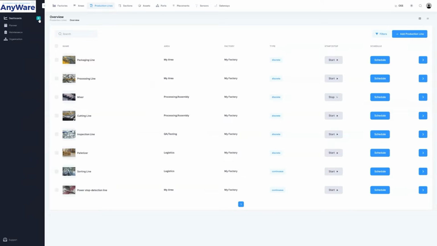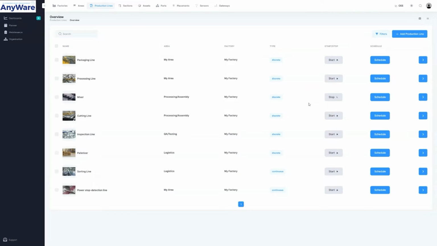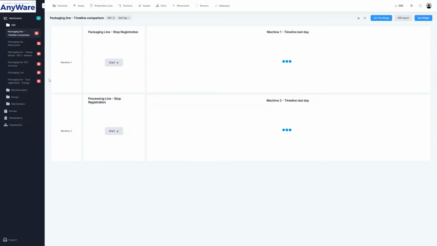Our dashboard empowers you to monitor the production process with precision. You have the flexibility to create as many dashboards as needed to cater to your specific requirements. Within these dashboards, we have organized several categories. These include OEE, packaging line timeline comparison,